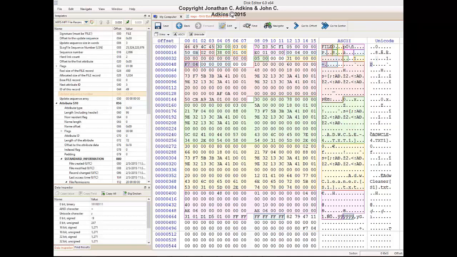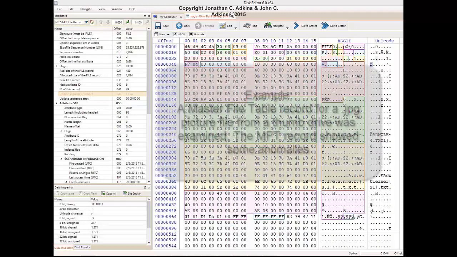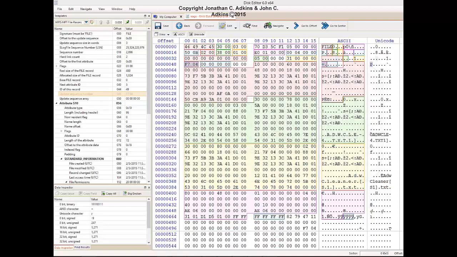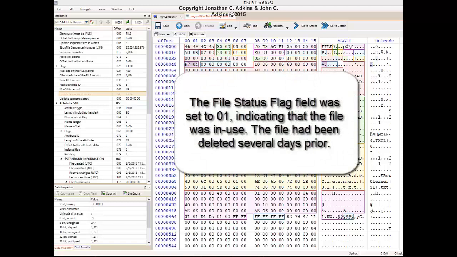Knowledge of this process may seem trivial and unnecessary. However, it does come in handy forensically when determining whether there are problems processing or updating certain files during an examination. A good example of this was something that I saw recently. I deleted a file from a thumb drive that was reformatted as NTFS. The file was no longer on the media as far as the file system was concerned. However, when examining the deleted file's master file table record, it said that the file was